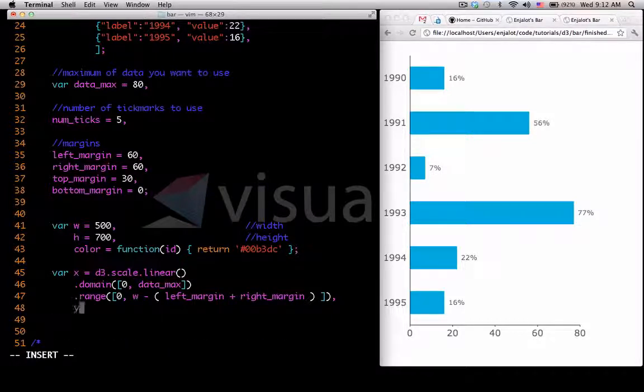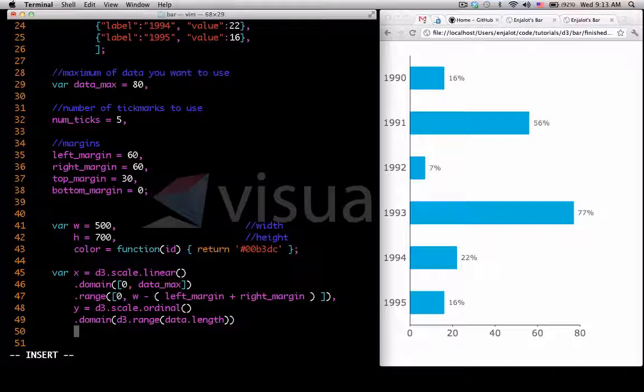So now let's do the y-axis. So for the y-axis, we don't want a continuous number. We want to place these bars at regular intervals. So D3 also provides an ordinal scale, and the domain for that will be, let's see, so I'm kind of cheating, I already did this right and looked it all up. I have my code over here. We will get a D3 range as the length of our data,